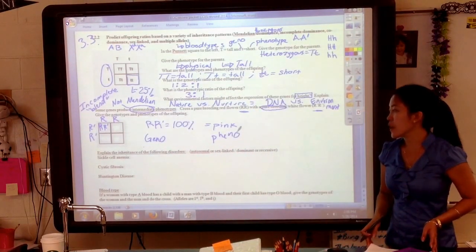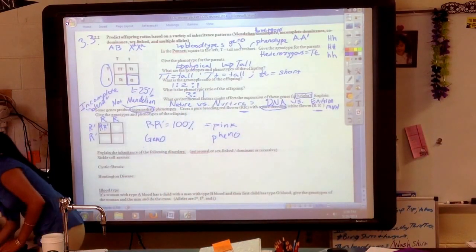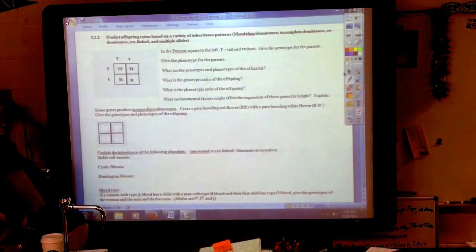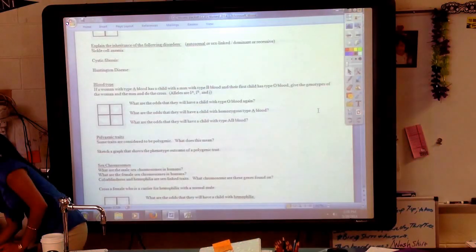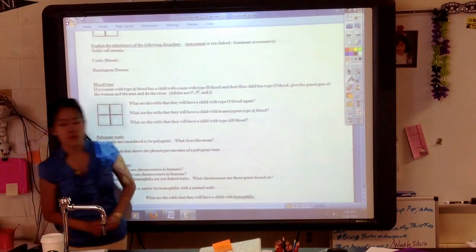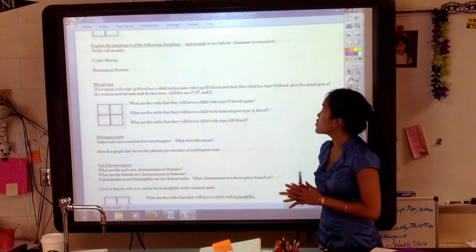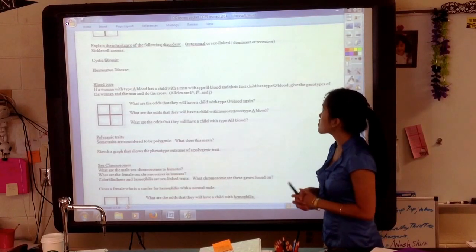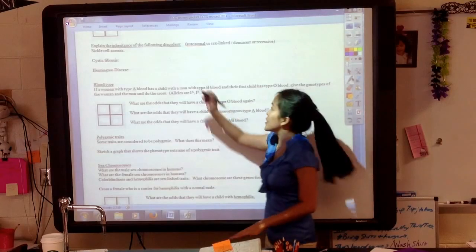Next is just to explain the inheritance of the following disorders. So I'm going to go ahead and move this. Here it says we have autosomal or sex-linked or dominant or recessive. So autosomal means not